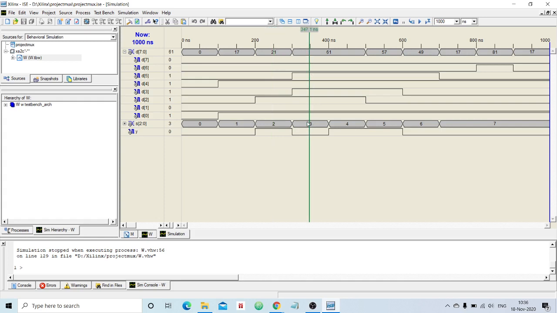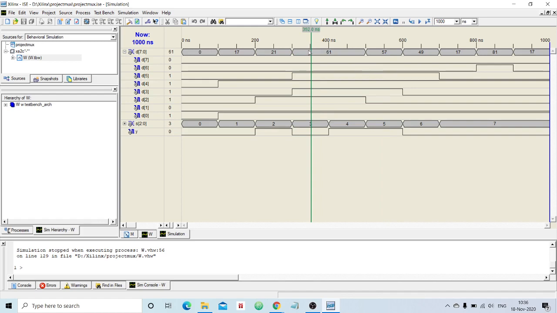At this point the selection line has a value 3, and you need to look at data line 3. This is D of 0, D of 1, D of 2, D of 3. D of 3 actually should be high, right? It is high. Let us check, D of 4 is high. Yeah, D of 4 is 1. What about 5? Yeah, it is correct. What about 3? Why is it not showing?